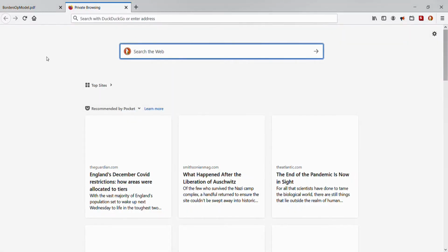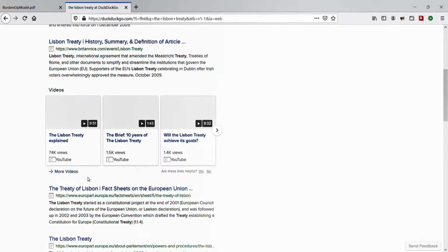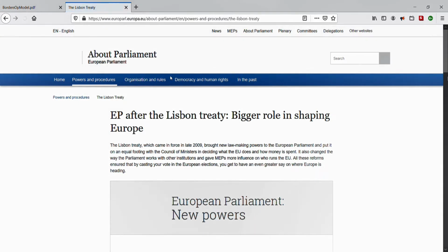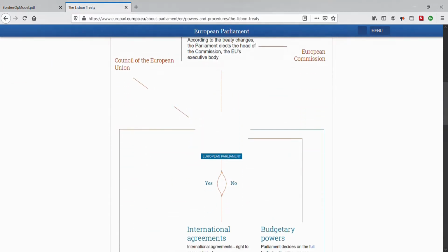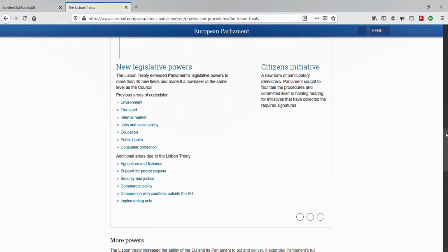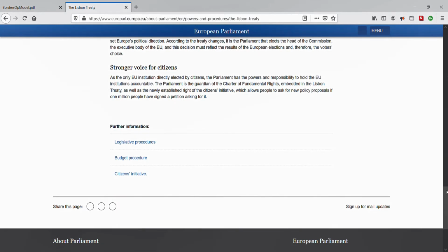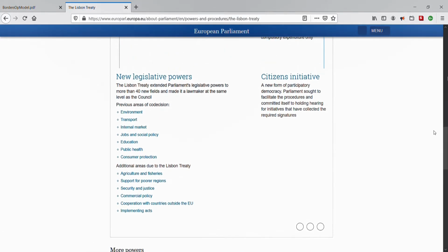Hurrah! I conjure you to drift back to 2009. Do that, and whilst you're not looking, I'll do a quick search. The Lisbon Treaty. What is that? It's an agreement, eventually signed by all the countries of the European Union, and which came into force in 2009. In simple terms, the Lisbon Treaty strengthened and legitimized centralized democracy in the EU.